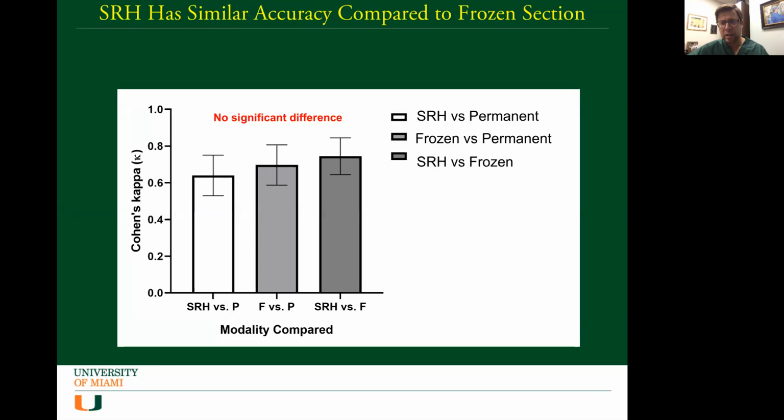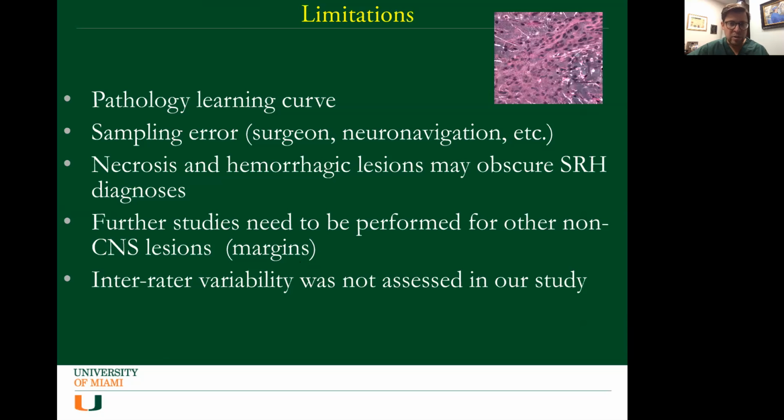If you compare the accuracy between the Raman histology, the frozen, and the permanent, there was actually no significant difference with how each one of those compare in and of themselves. Obviously, there's limitations to the technology or any new technology. There's a learning curve with pathologists. There's obviously always going to be sampling error in biopsies. There's always difficulty with understanding necrosis and hemorrhagic lesions. And so further studies may be needed, especially with understanding how to use this technology to look at margins and